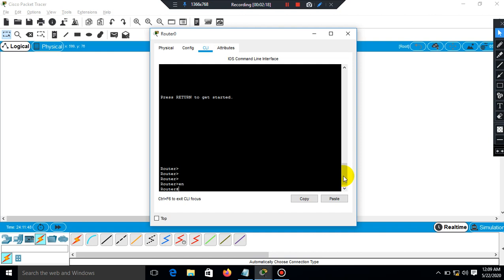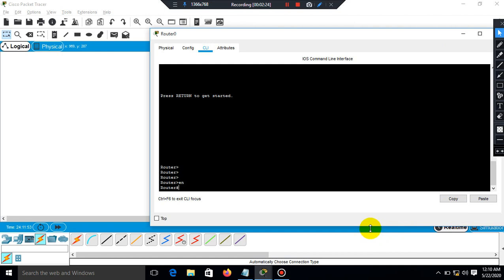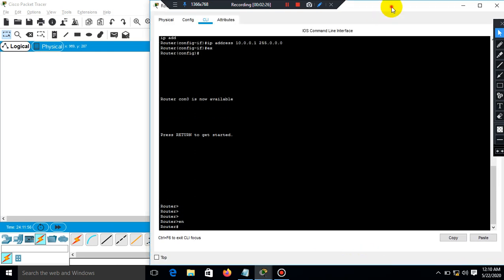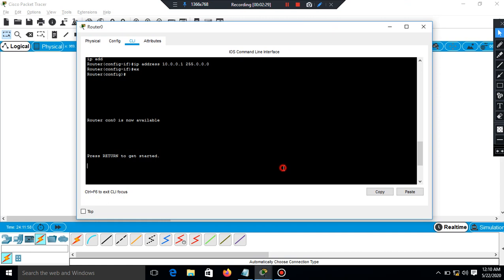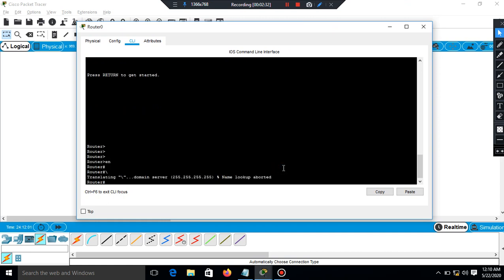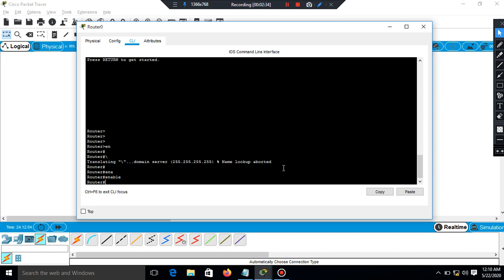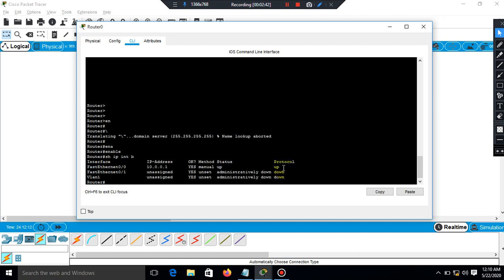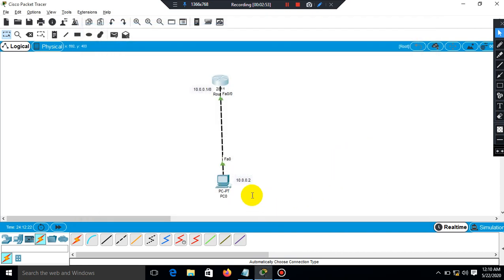Enable, configure, show ip interface brief. We see the IP address 10.0.0.1 is assigned to this interface, and the other IP is assigned to this PC.